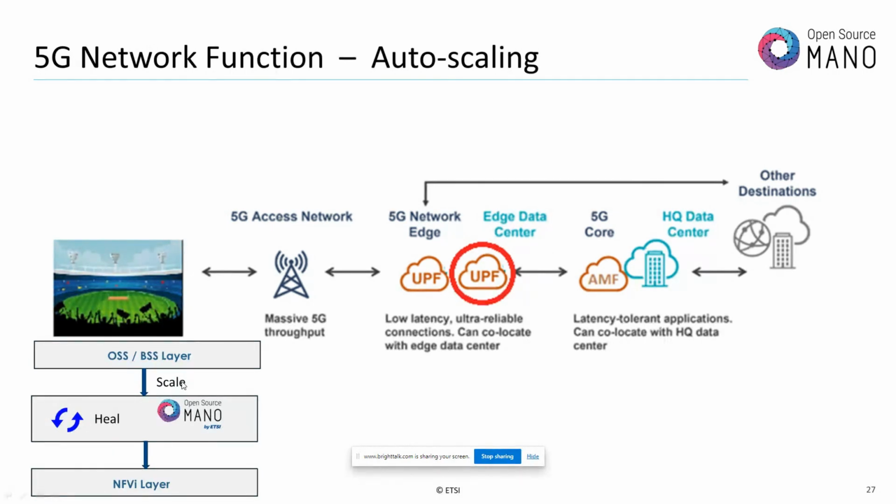And in the scaling case, we saw OSM raise an alarm to the higher layer. An NS update was called to edit the policy, and OSM automatically took the policy, did the scale, and then created the twin UPF, right? Of course, all combinations are possible. If you want to do heal from the higher layer, or scale as closed loop, it's possible. We just did it this way to showcase to you the flexibility we have when it comes